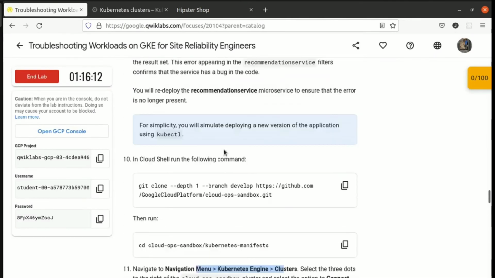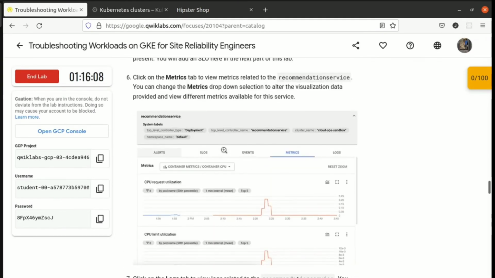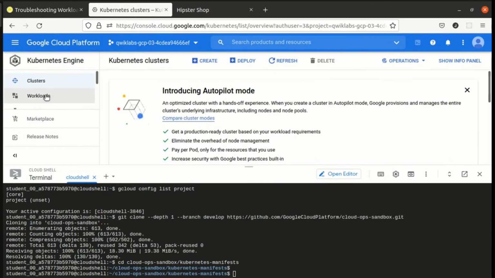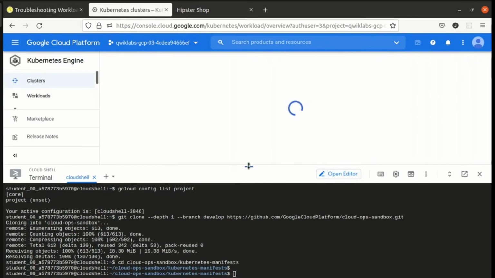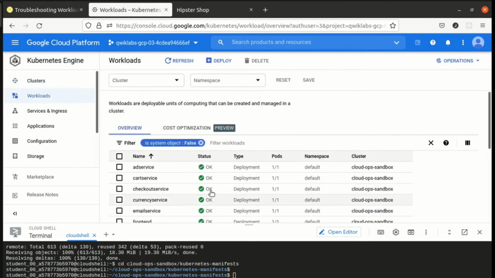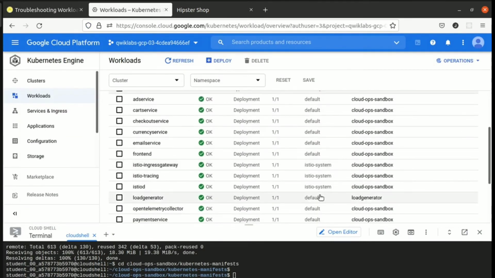Okay, guys, if you want to do these steps also, let's do it, right? Under the workload section, click on the recommendation services. Okay, here also we can go in the workload section. And after that we have to click on the recommendation services from here.